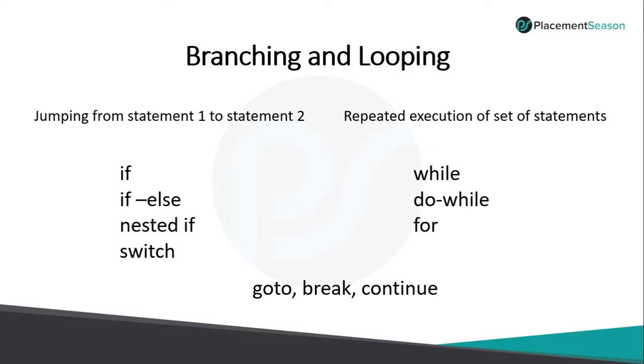If you are attending a campus interview, and you are sitting in a technical interview panel and you are from a non-circuit branch, the first question you can expect is from the branching and looping concept. It means that the interviewer wants to check your programming knowledge. The basic questions will start from branching and looping, something like, what is the difference between while and for, while and do while? What is the difference between break and continue? Based on your answer, they will increase the difficulty level of the question. This is the basic topic for all branches, and you can expect at least one question in the technical interview as well as in the written test in every campus recruitment test.